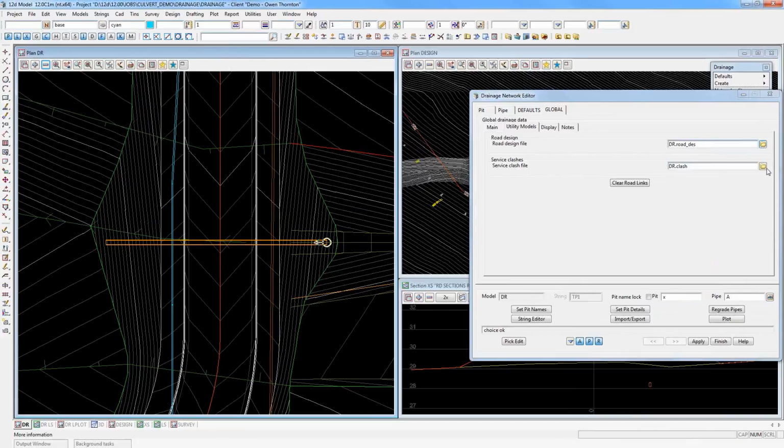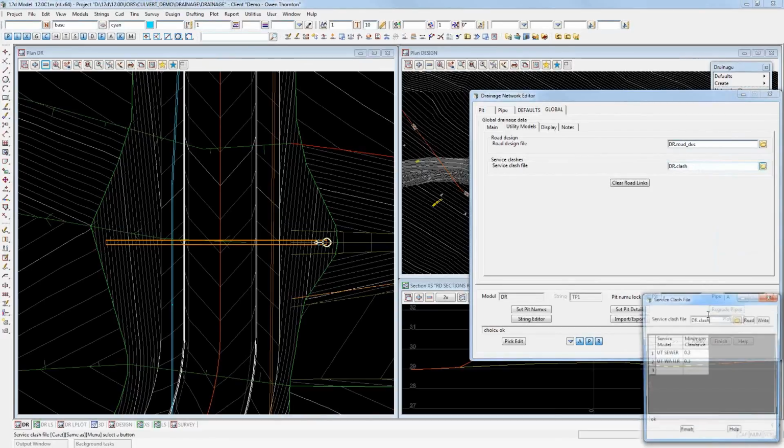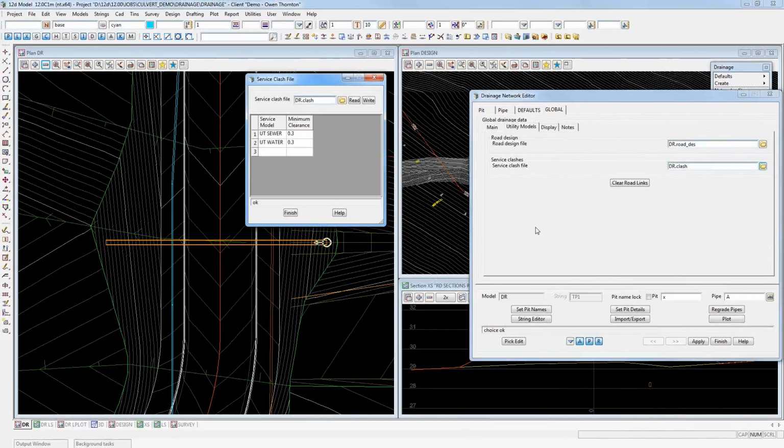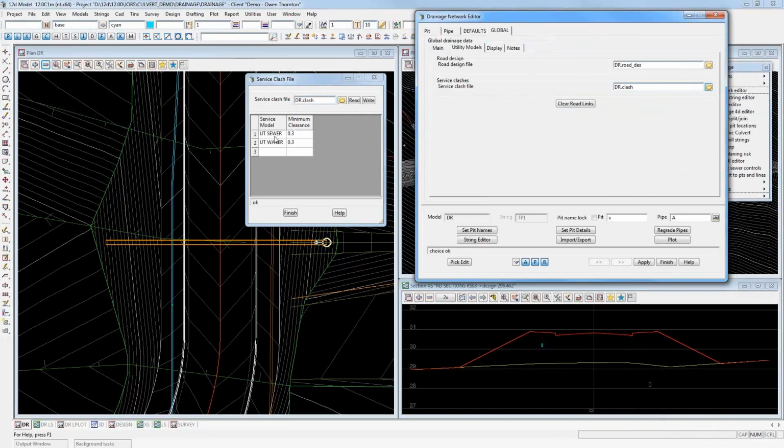Okay. Likewise, on the service clashes file, I've got one that I've already set up through that drainage model template, and I'll open it up. And this one's merely saying here that I've got two crossing services in two separate models. One's in a model called UT sewer, utility sewer, and one's in a model called utility water. The sewer is down there, you can see in the cross section, or also in the plan here, the brown one. And the water line is the cyan line we can see here in the plan